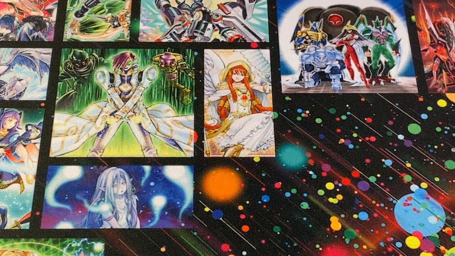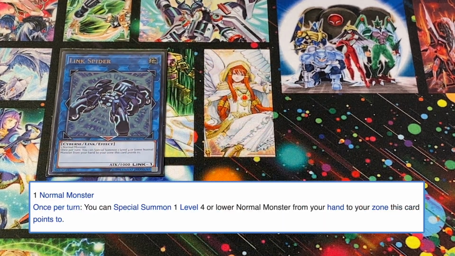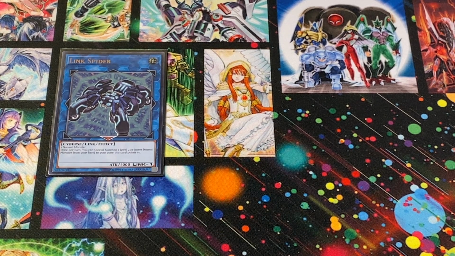We just had so many new ideas to talk about that I didn't get to these until the very end, but you could say cards like Link Spider are an absolute staple in Metalfoes. This card needs a normal monster to summon, can summon out a low-level normal monster from your hand to the zone it points to, and effectively that means if you have 2 vanilla Metalfoes that are low-level, you're able to summon one, turn it into Link Spider, summon the other copy, and now you have 2 monsters that you can